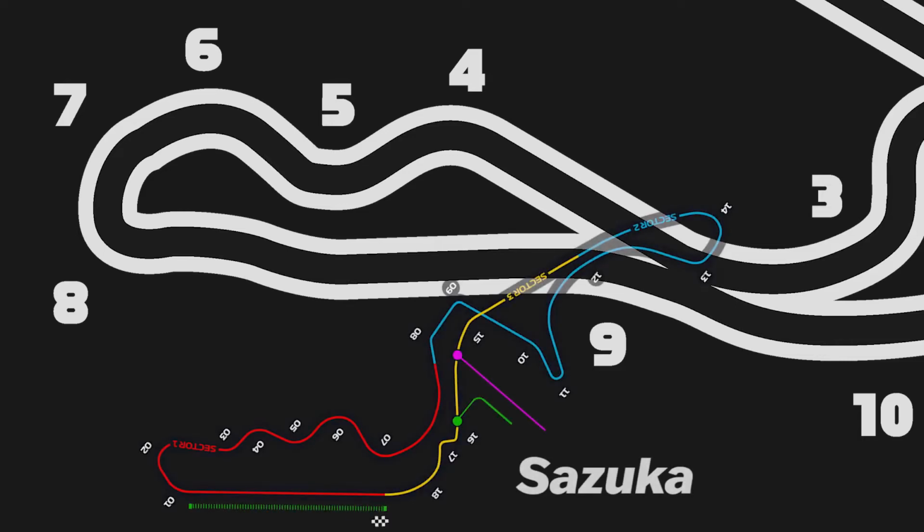But these corners specifically make up a relatable part of the track, and this relates to the Japanese Grand Prix. As some of you may have recognized or heard from other YouTubers or news outlets, it looks very similar, and I like this part of the track because they took something that they know works and put it into a brand new track with a new layout, and they're just kind of playing around with different parts from different